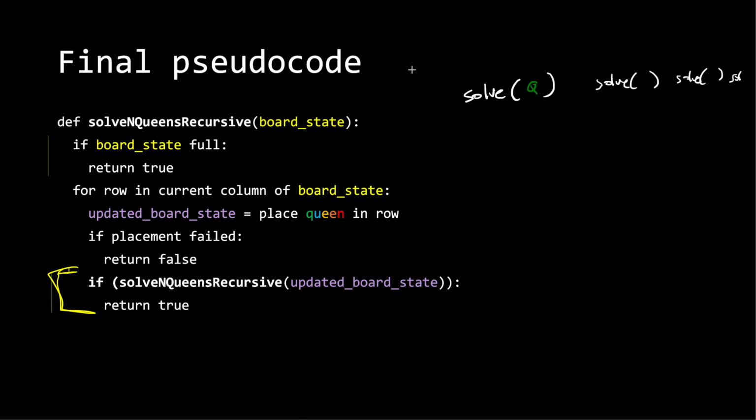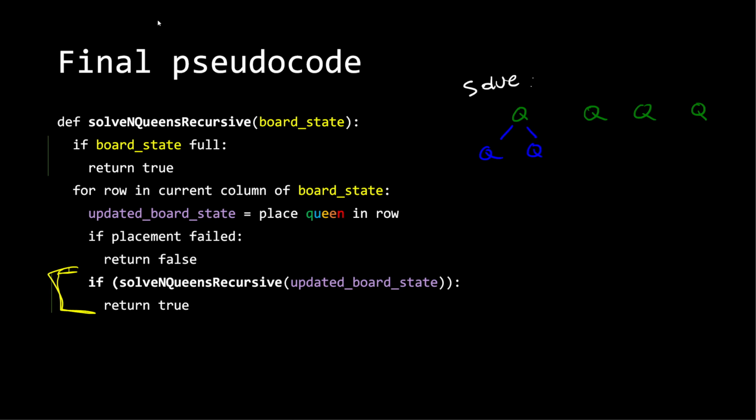Sorry, I don't actually like the way this is turning out here. So maybe I'll just write or solve. Here we go. So we'll solve, and then these will all be calls. I'll just kind of shorthand it. So there's going to be 4 solve calls with green. And then this green is going to make some additional calls for blue, right? And then this blue is going to make some additional calls for yellow,